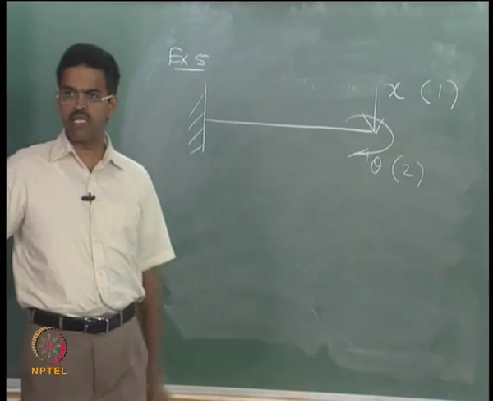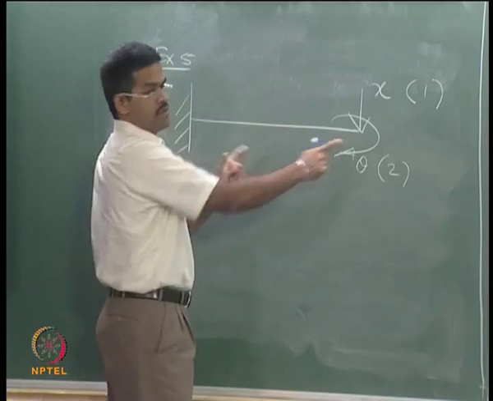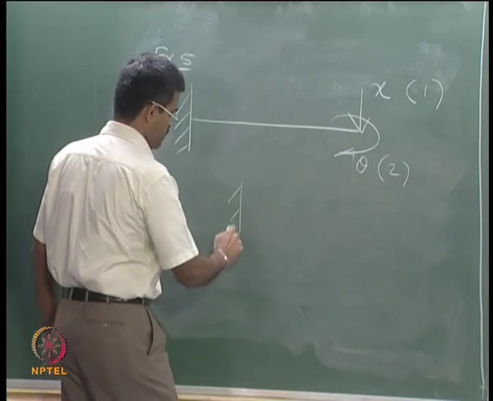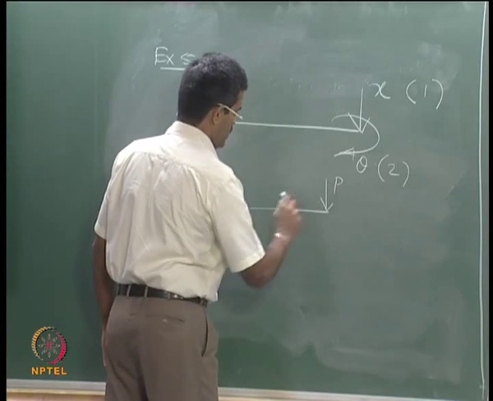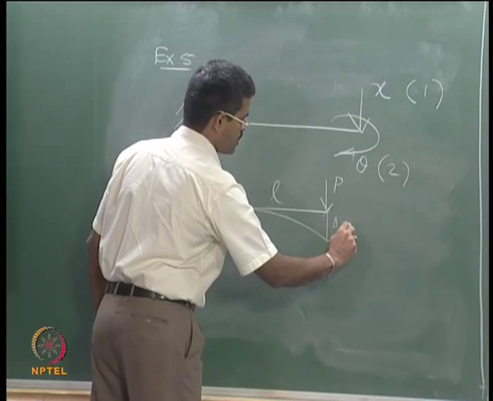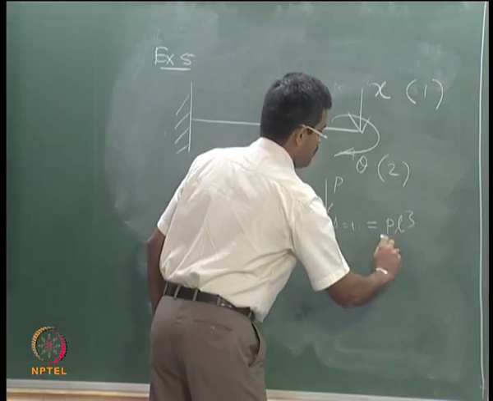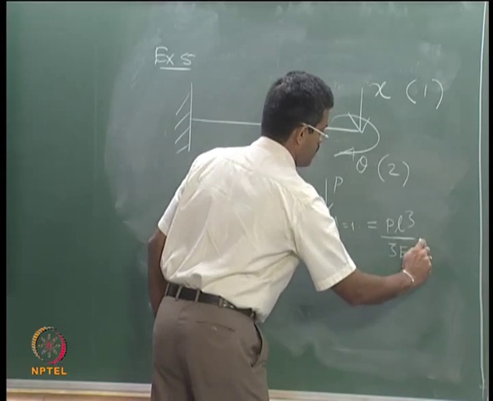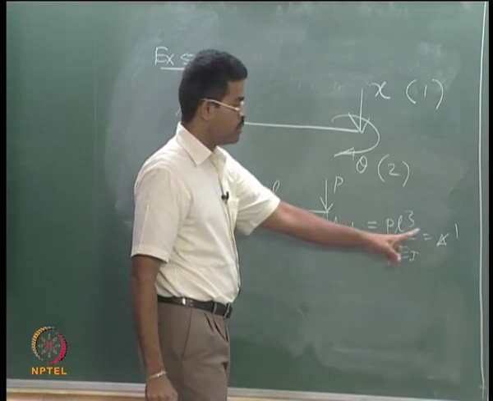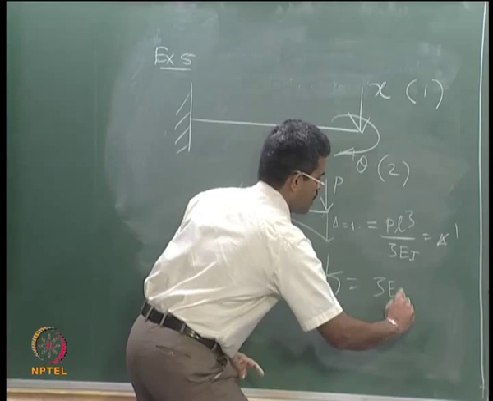So far we have been thinking that if you want to know the stiffness matrix of a cantilever beam, what will you do for a given vertical loading, this is P, this is L. If I say this is my unit deflection, this deflection is classically given by PL cubed by 3EI. If I say this is unity, the force responsible for unit deflection is my stiffness, which I would simply say is 3EI by L cubed.